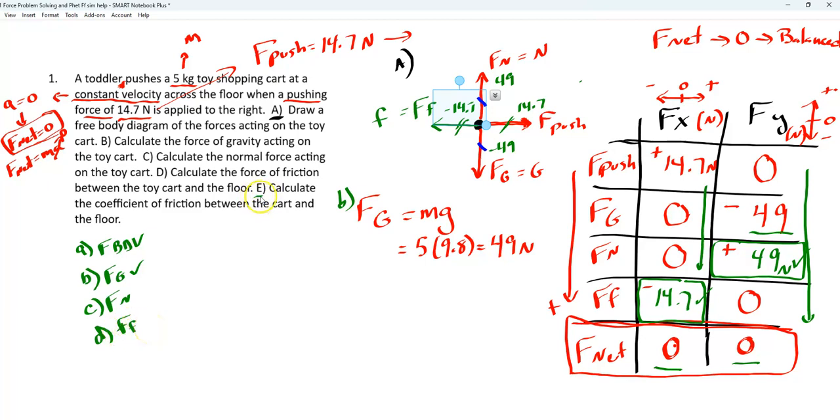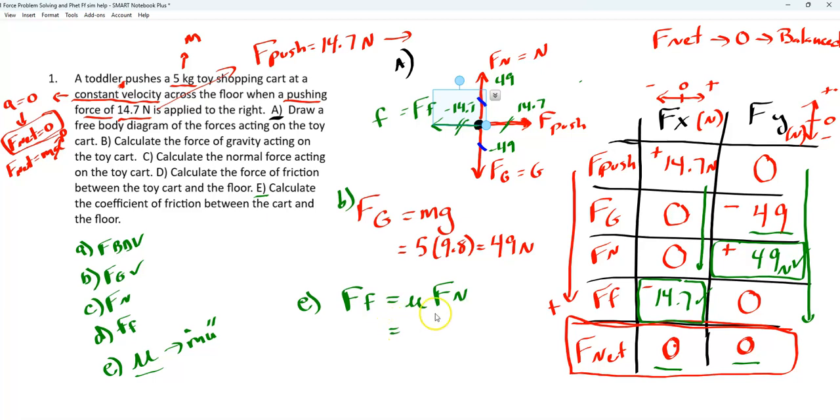The last thing it asks us to solve for is part E, the coefficient of friction. The coefficient of friction is that Greek letter mu. It looks like a cursive U. And it's only in one equation. So for part E, we're going to use the friction equation. Force of friction equals mu Fn. All right, so we're going to take the values from our information in the chart and put it in here